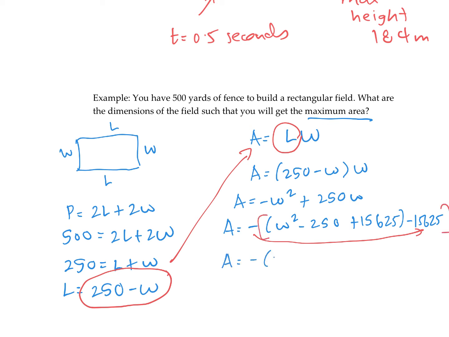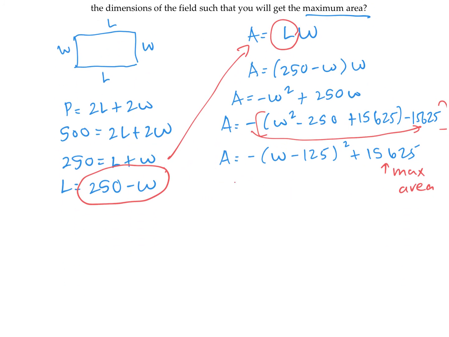So area is going to be W minus 125. We're going to have 2 of those, and then we have negative 1 times negative 15625, which makes that positive. So this is going to be my maximum area. I can also see that the width is 125 meters, which would make the length